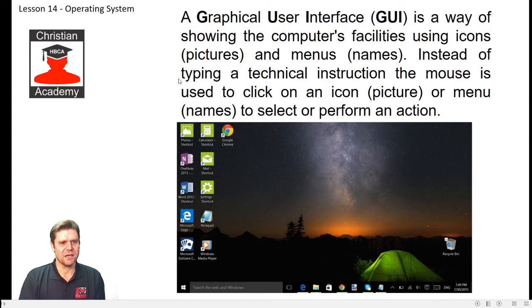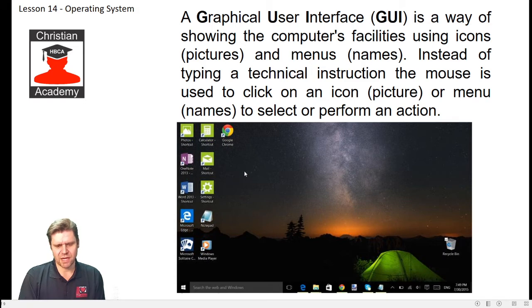Then just to mention what a graphical user interface, a GUI, is, that is what you're seeing there on the screen now. You have the opportunity to click on icons. You can take your mouse, hover over icons, and double click on them to open programs. That is a GUI. And that is what was so wonderful when the Microsoft operating system started developing the graphical user interface, and also the Apple Macintosh, and even now Linux has a GUI.